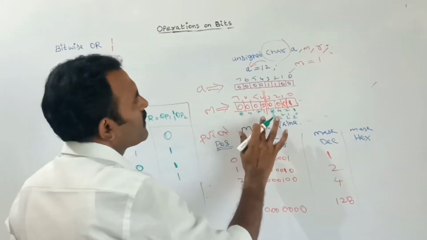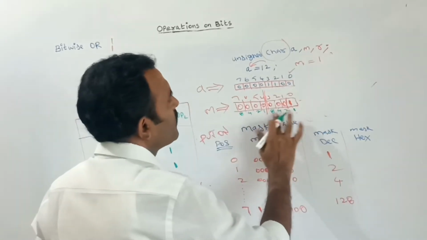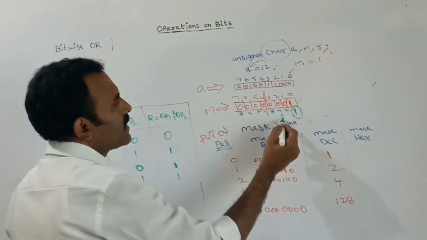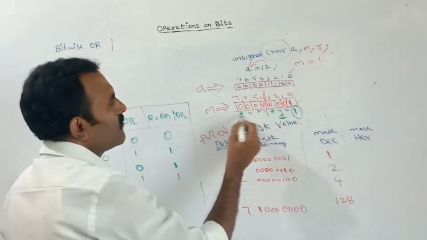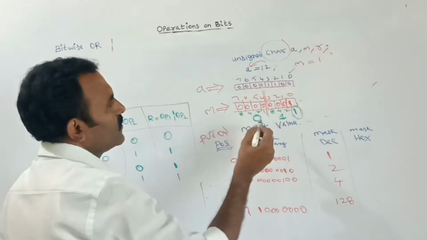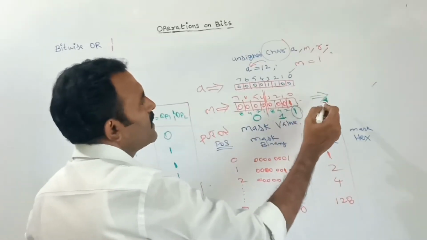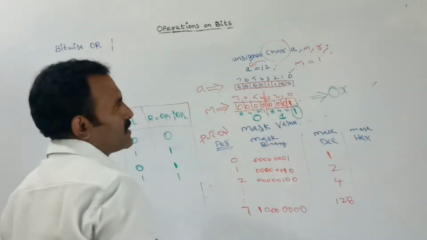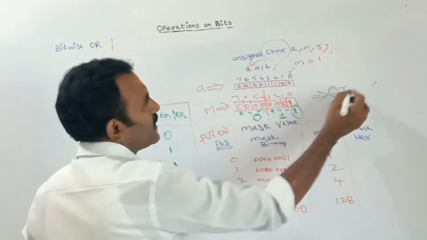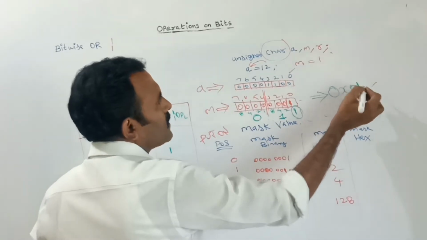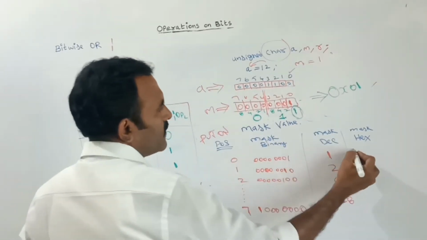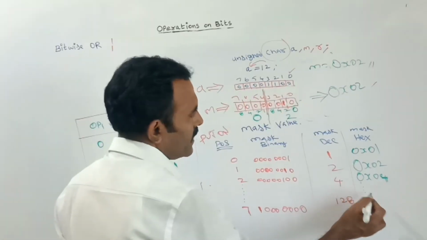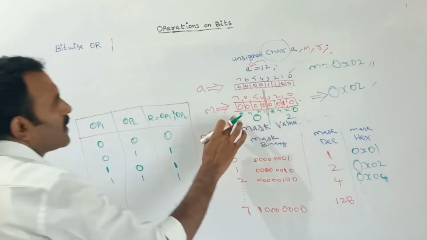This is the hexadecimal value. Here 1 into 1 is 1. For this nibble the value is 1, and for the other nibble it is 0. While giving it in hexadecimal, we first add 0x, which denotes a hexadecimal value. Next we give the value 0 and 1. So the hexadecimal value is 0x01. In a similar way, we go up to 128, which is the last position.